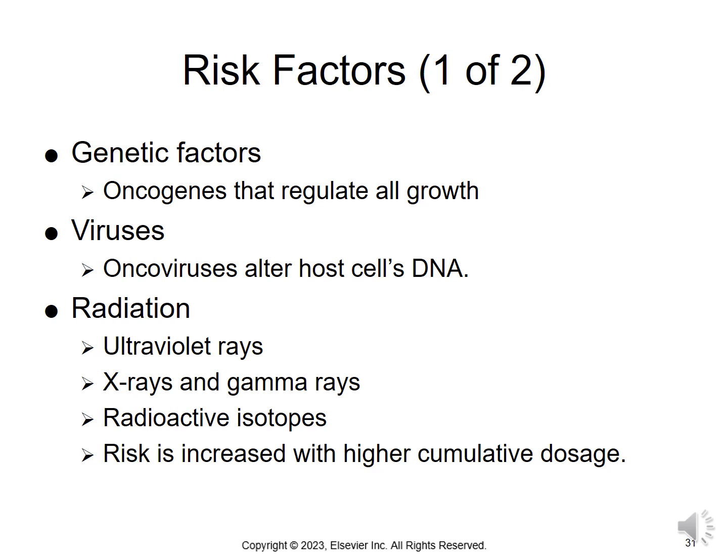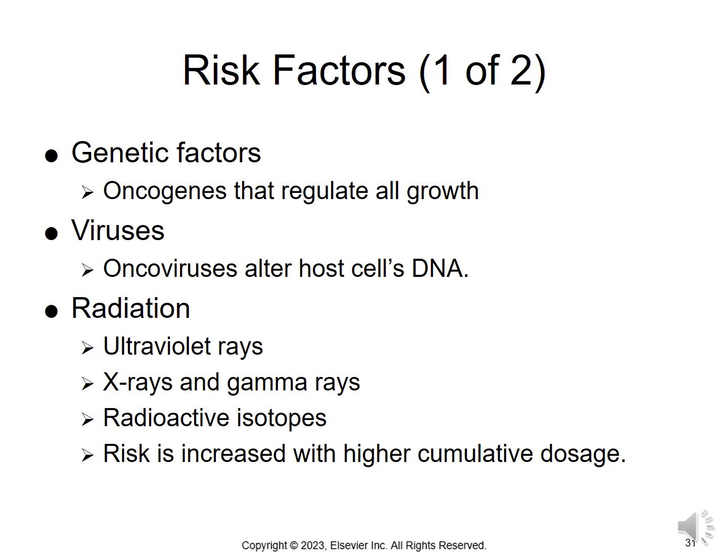Some risk factors, such as food, can be avoided. Other factors, such as genetic predisposition, cannot be avoided, but can be addressed by encouraging things like frequent screenings and early diagnosis. Genetic factors include oncogenes that regulate cell growth, breast cancer in people with high family incidence, retinoblastoma, inherited leukemia, and chromosome abnormalities. For viruses, risk factors are oncogenic viruses that alter the host cell DNA, such as hepatitis viruses that cause hepatic cancer,